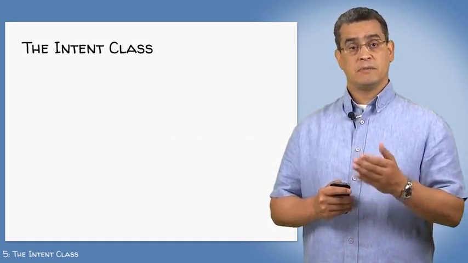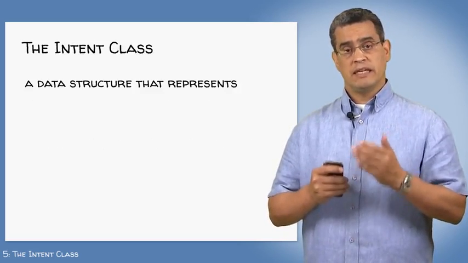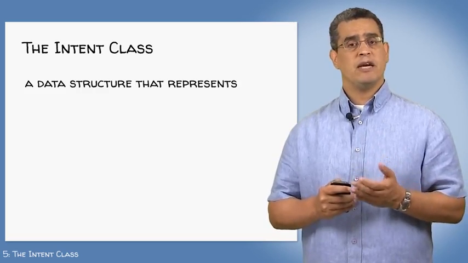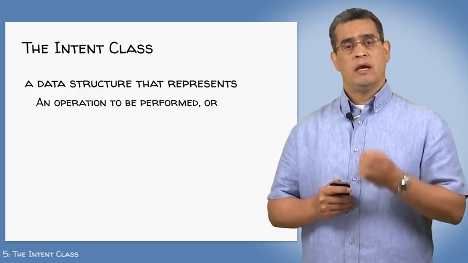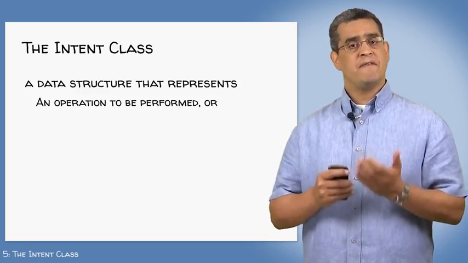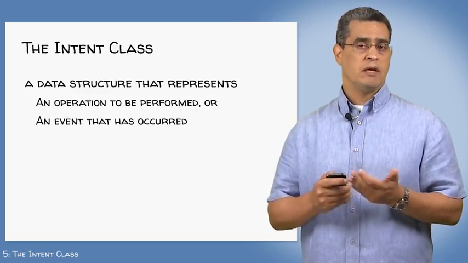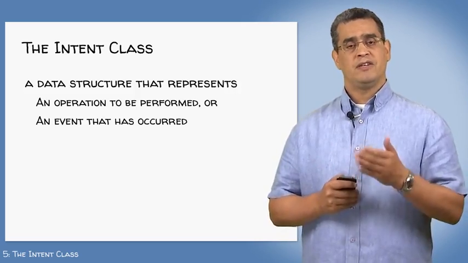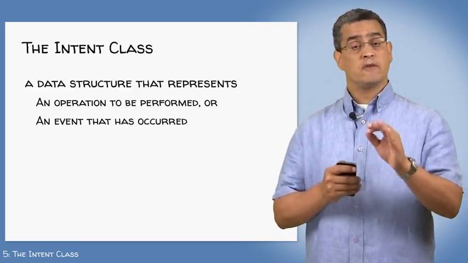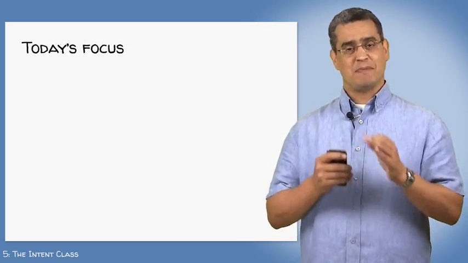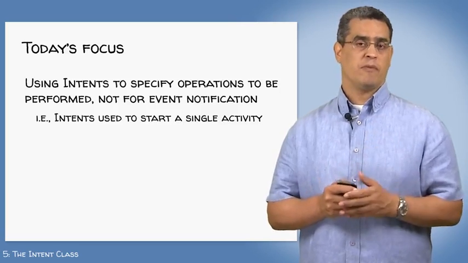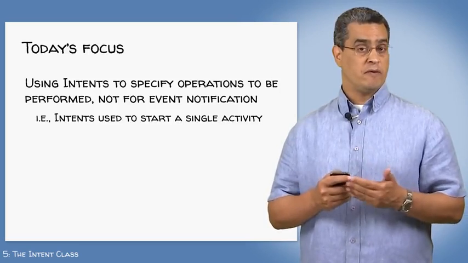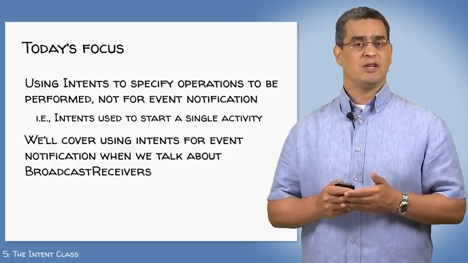The intent class is basically a data structure that serves at least two purposes in Android. One, it can specify an operation that you want to perform, and two, it can represent an event that has occurred in the system that you want to notify other components about. Today, however, we're going to focus on just the first of these, using intents to specify operations that you want performed. And we'll leave the second of these, using intents for event notification, for a later lesson when we talk